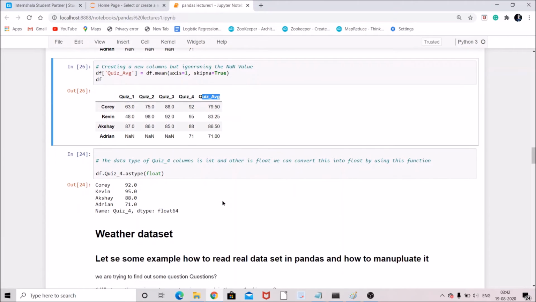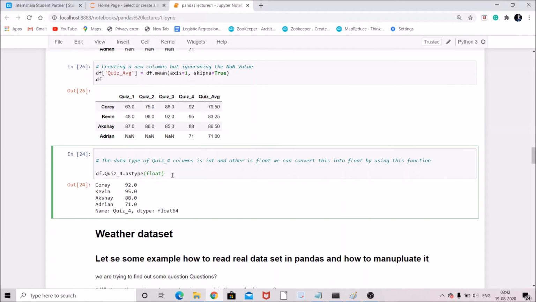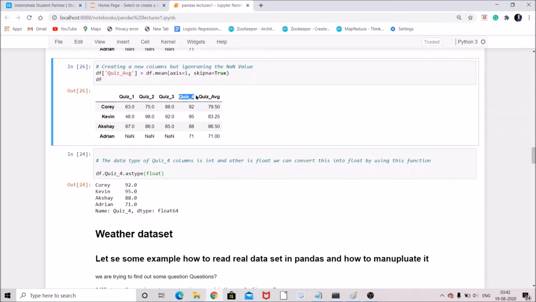So when you see this data frame, the quiz 4 column is an integer, and the other columns are floats, like 63.0 is a float number, 75.0 is a float number, 88.0 is a float number, but 92, 95, 88 and 71 are integer numbers.